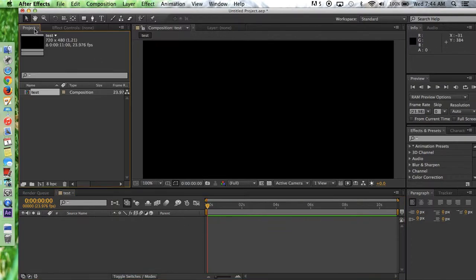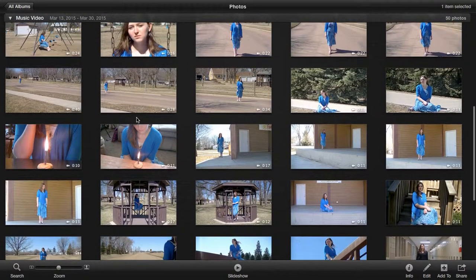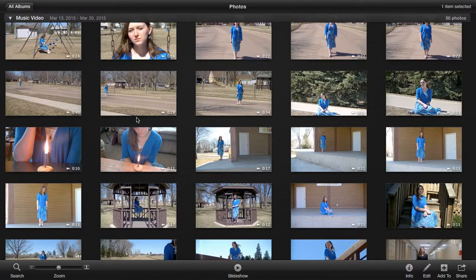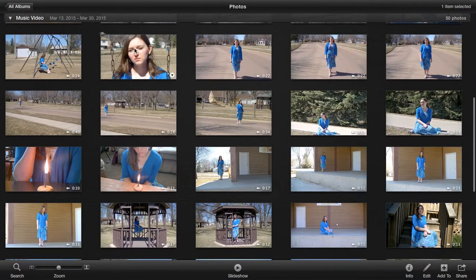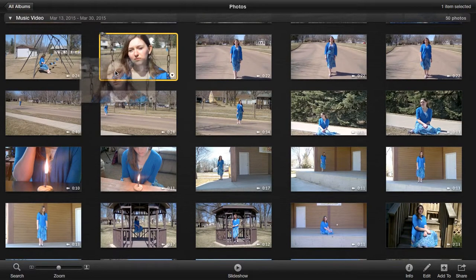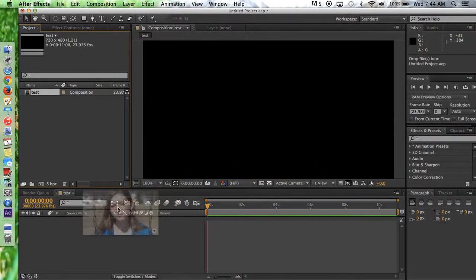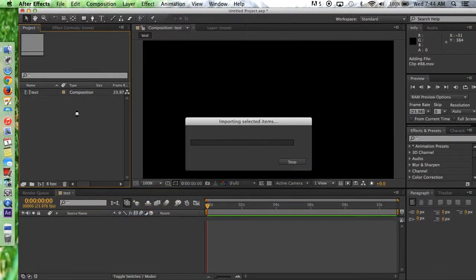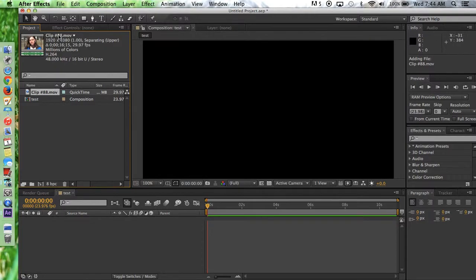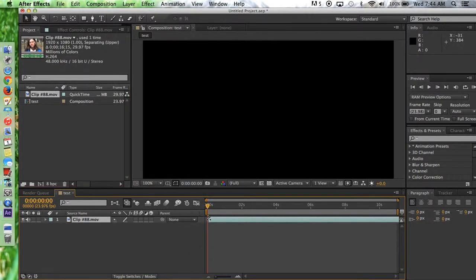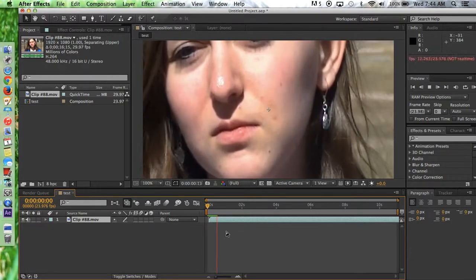And then this is the project. Here's the composition. To add video, you're just going to go to wherever your video is, and once you have your video in, you're not going to want to move it. So say I want to add it to this video, you can just bring it over, and you can first add it to the project and then add it to this. It doesn't really matter. So here's my video,